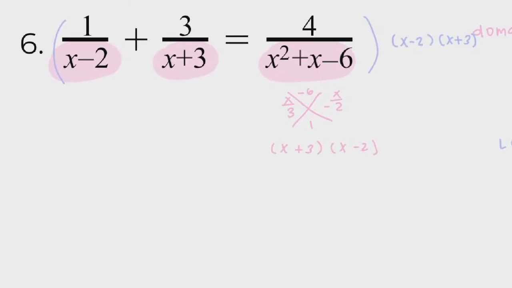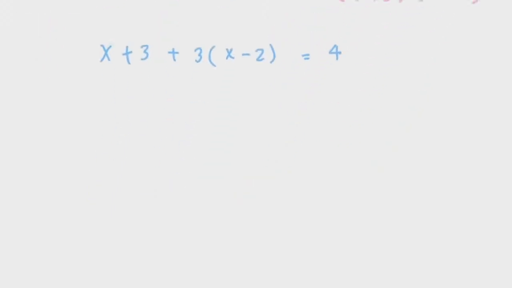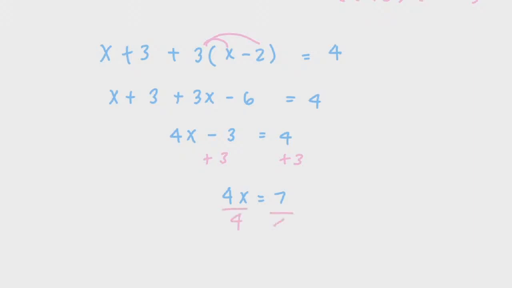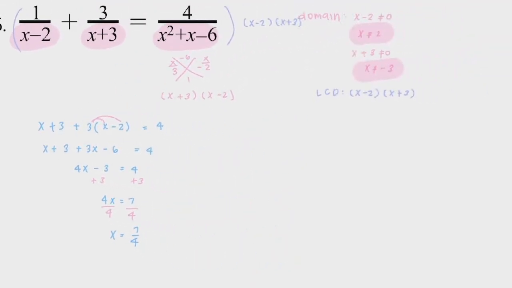So in the first term, the x minus 2's are going to cancel out, so we're left with x plus 3. In the second term, the x plus 3's are going to cancel out, so we're left with x minus 2. And in the last term, everything cancels out, so we're just left with 4. So next, to solve, we're going to distribute 3. We get x plus 3 plus 3x minus 6 equals 4. We can combine like terms, that'll be 4x minus 3 equals 4. Add 3 to both sides, so we get 4x equals 7, divide by 4, and we get x equals 7 over 4. Then we just want to check with our domain. X can't equal 2 or